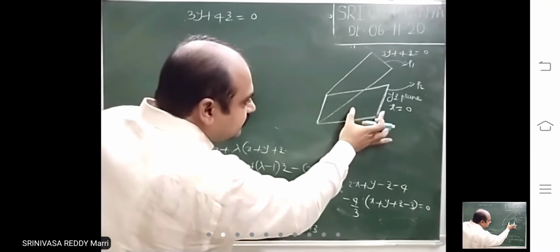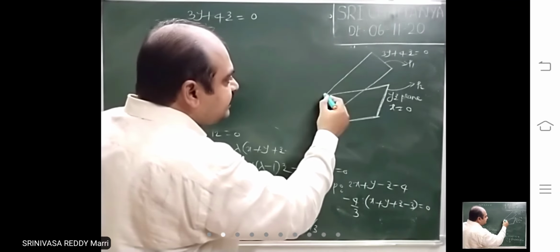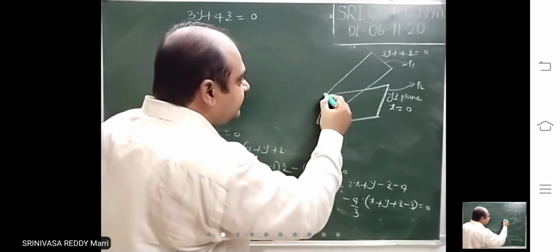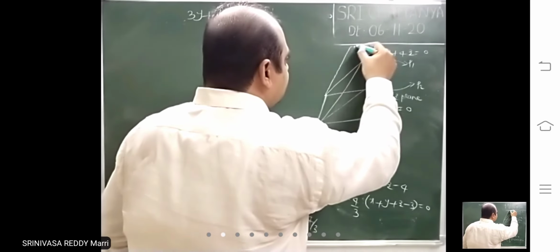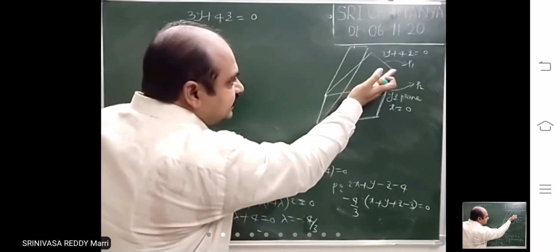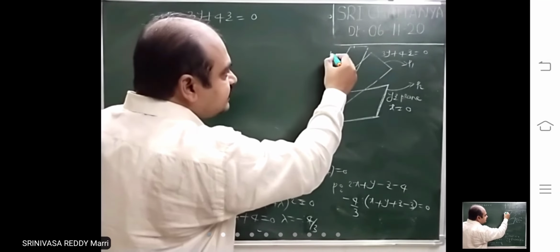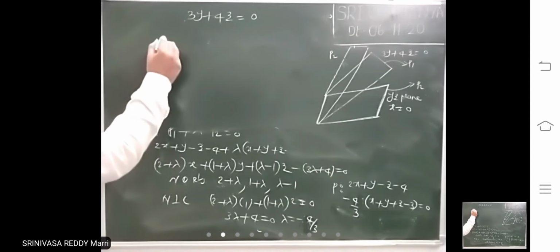So this paper is fixed. This paper he is rotating. Now this paper in the new position I am writing. Look, this line is fixed. So that means this paper in the new position I am drawing here. As it is rotated, obviously this plane's position will change. Let us say this plane position is P2. That P2 plane he wants, after rotating through an angle of 45 degrees, in the new position.